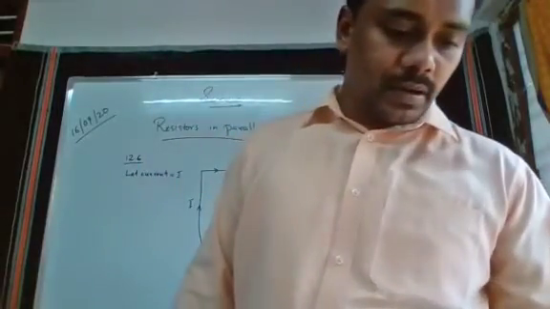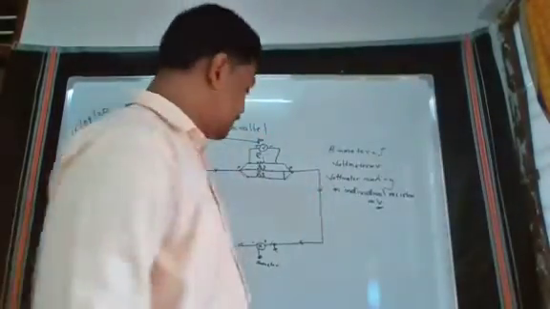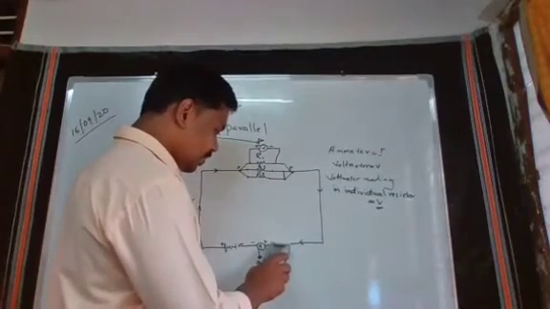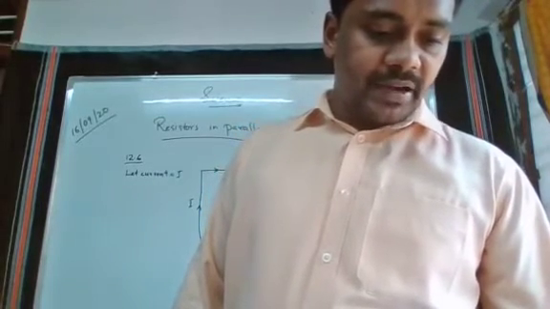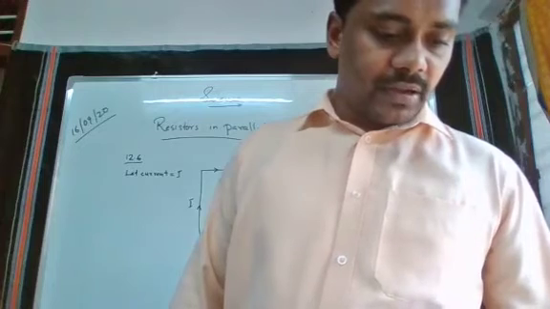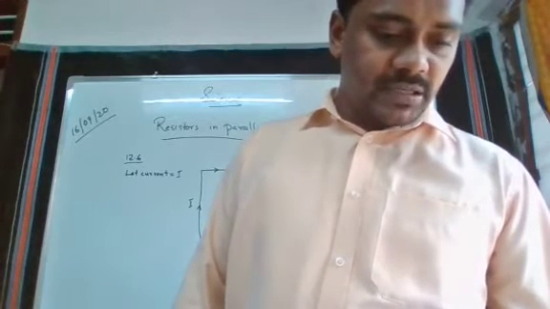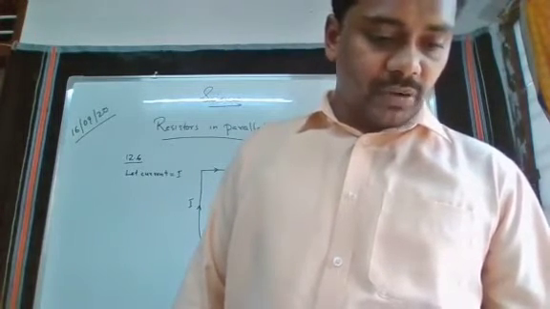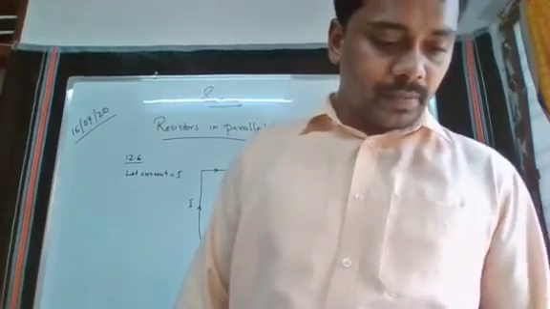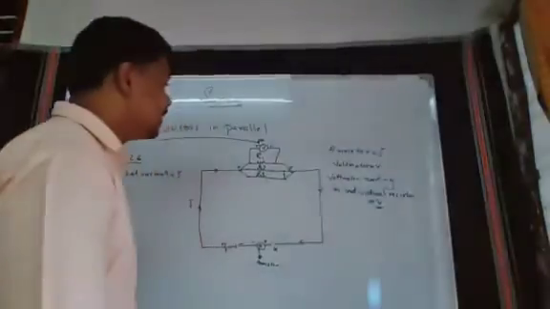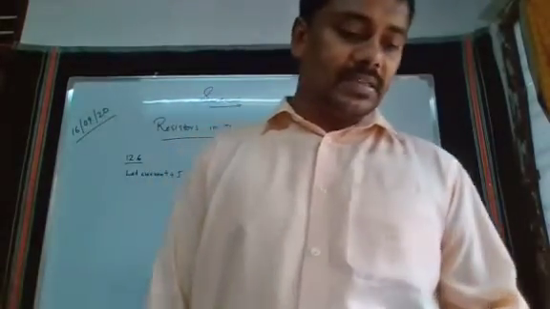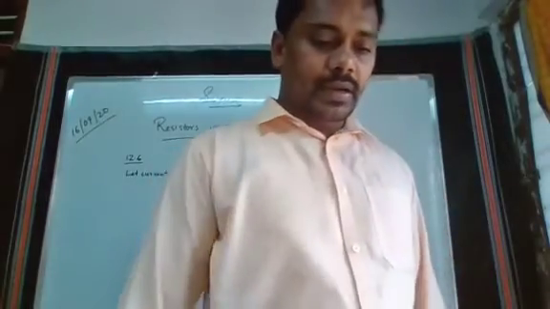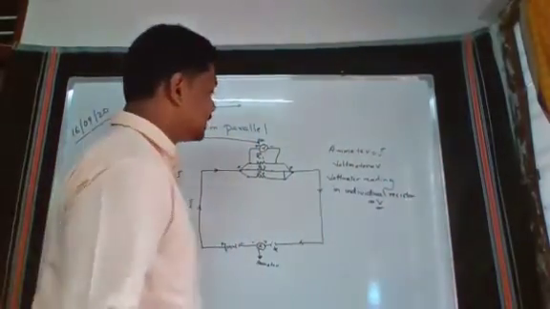Then take out the plug from the key. We have to switch off the circuit. Then what we have to do? Remove the ammeter and the voltmeter from the circuit. Insert the ammeter in series with the resistor R1 as shown in figure 12.11. So both voltmeter and ammeter have to be removed, and the ammeter has to be connected in series.